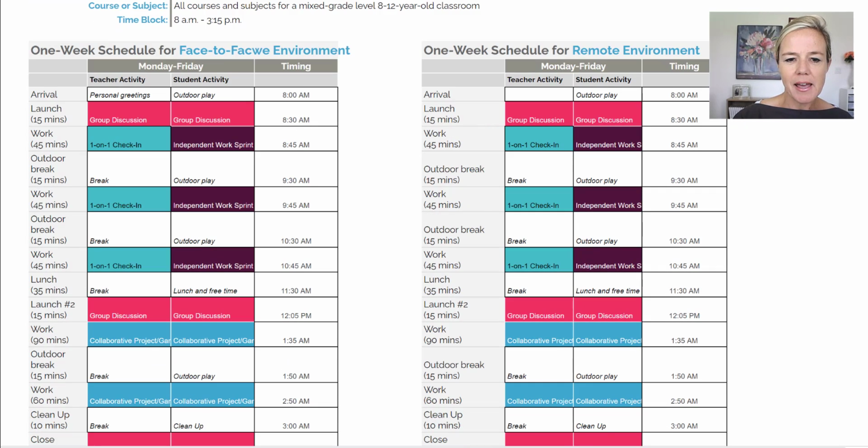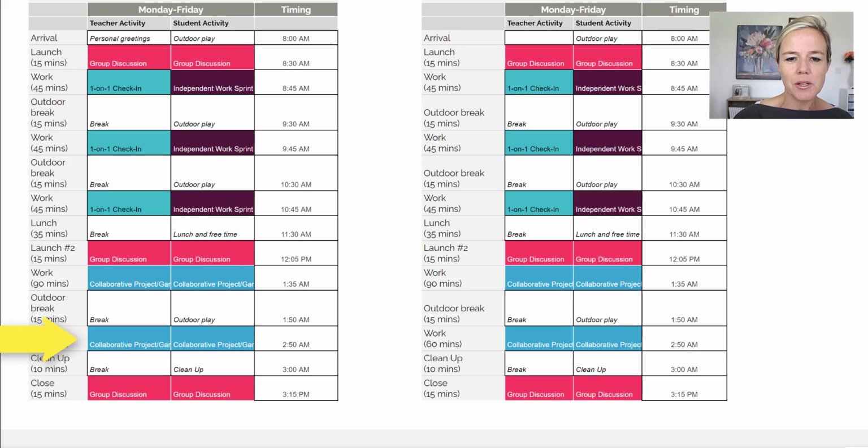And then they end the day with the collaborative project or game and then a final group discussion after cleanup. And that's when they reflect and think back about how the day went. If you were to summarize it, they have group discussion in the morning, then they do their independent work, have lunch, then they do their collaborative work, and then they close out the day with a group discussion. And meanwhile, the teacher has the opportunity to do one-on-one check-ins during that time. Many of these schools, when they moved to a remote environment, pretty much mirrored that same schedule, but did it